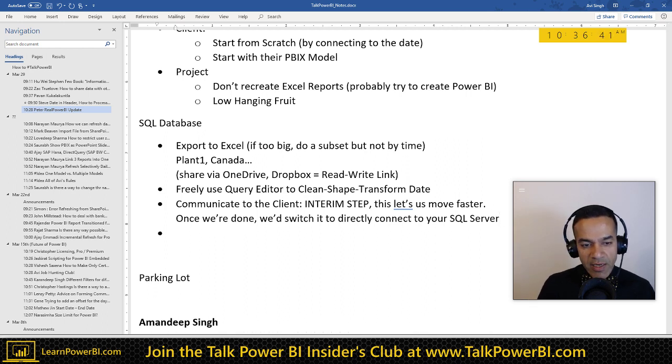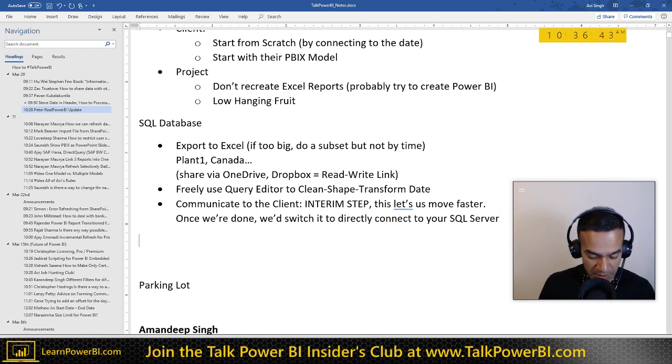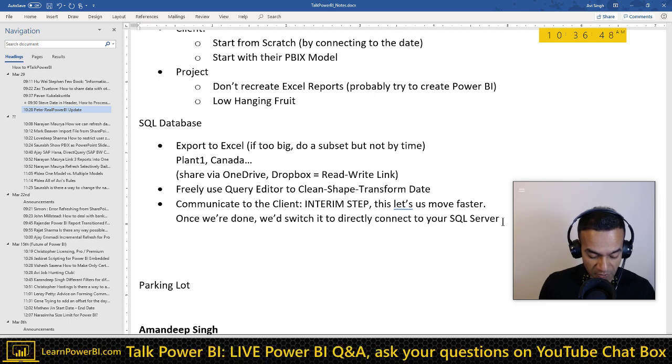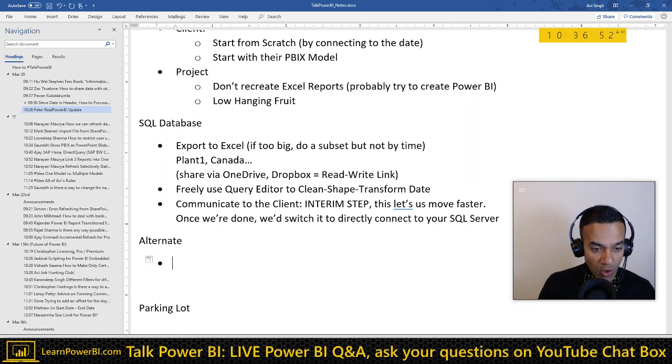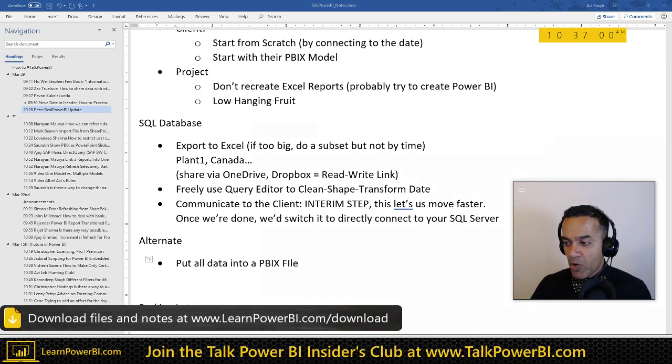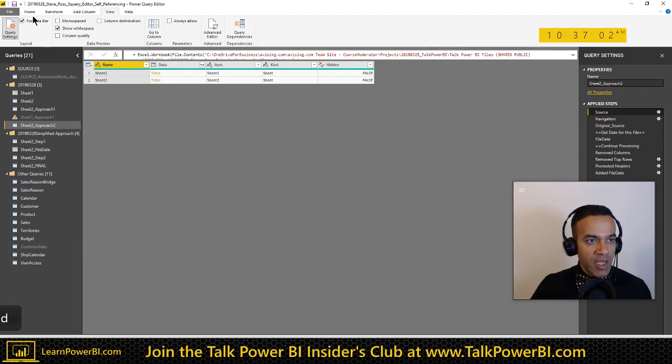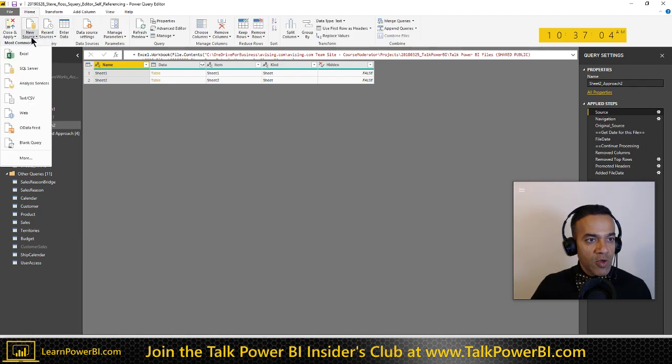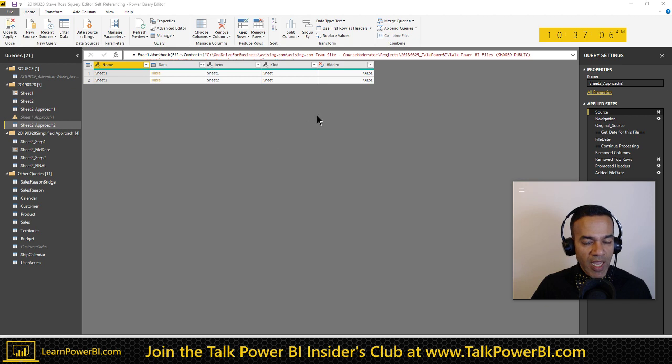Now, for a second, I want to talk about the other suggestion, which is tempting: what if they put all the data into a PBIX file and give it to us? So they go to a new Power BI file, not this existing one, choose new source, SQL Server, bring in all the tables, and give it to you.